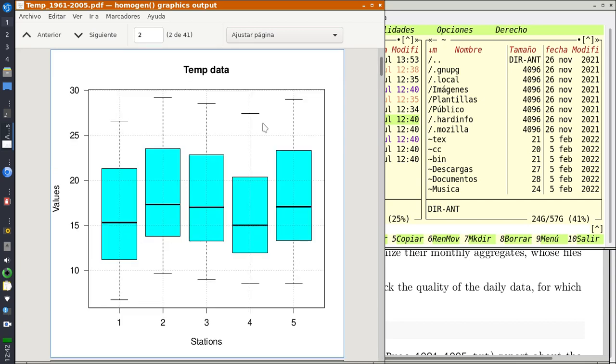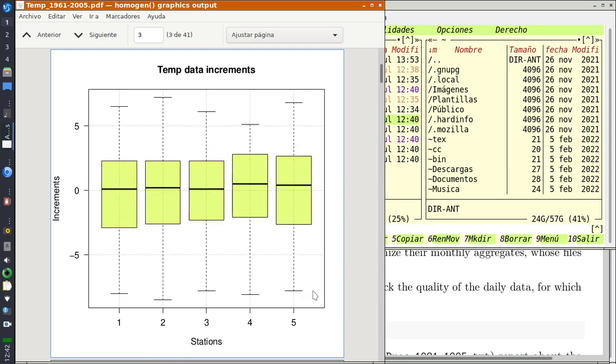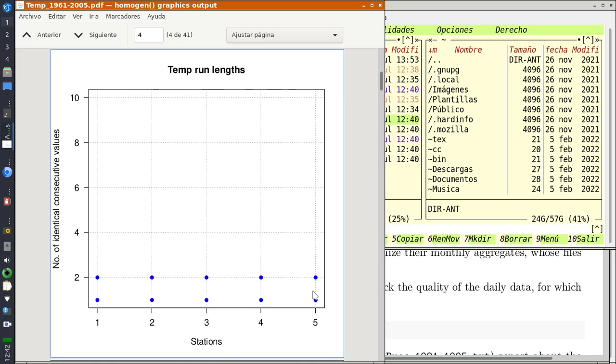You have here the first quality control graphics, and you have box plots of every station. You have here box plots of data increments between consecutive values,